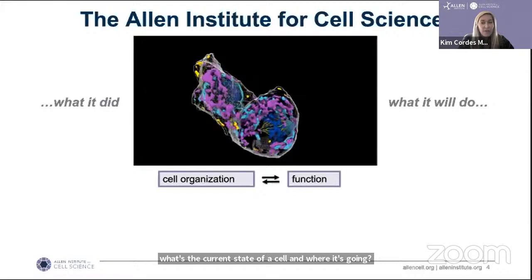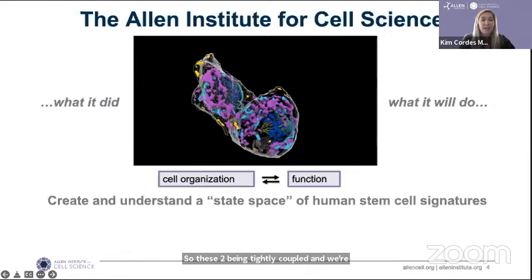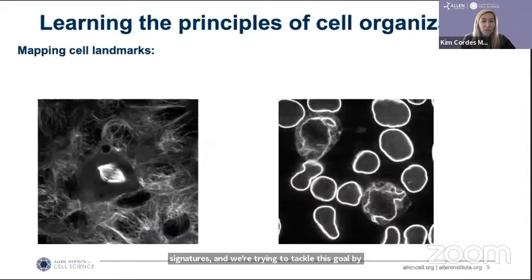We believe this is possible by looking at the cellular organization and cell function, which are tightly coupled. We're using this information to create a state space of human stem cell signatures, and we're trying to tackle this goal by taking a holistic approach using 3D